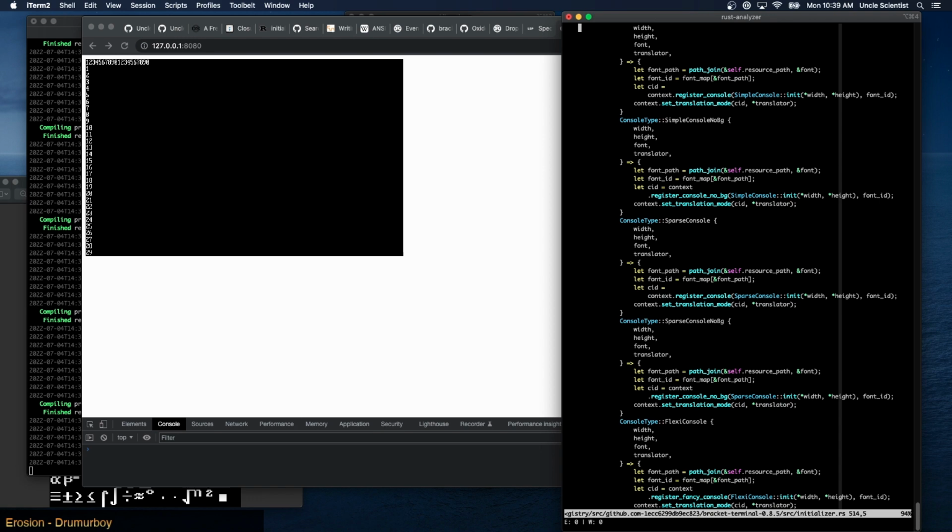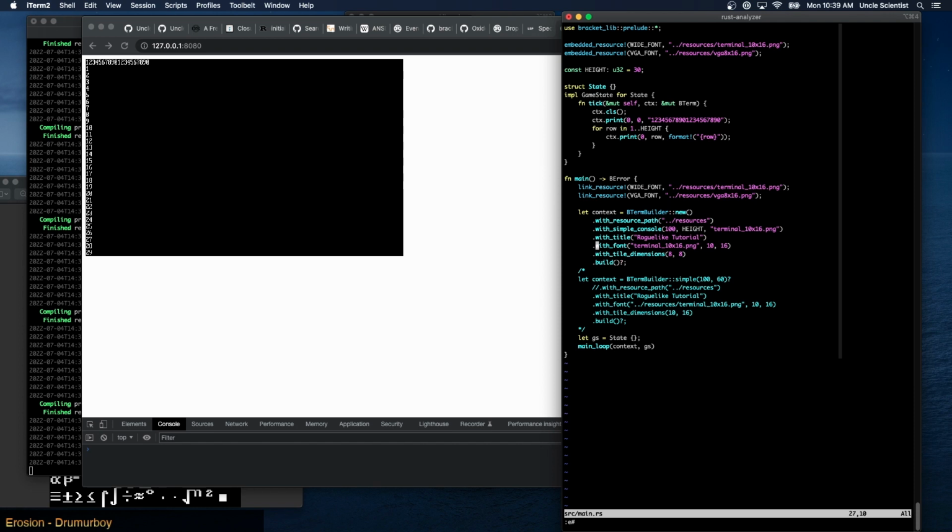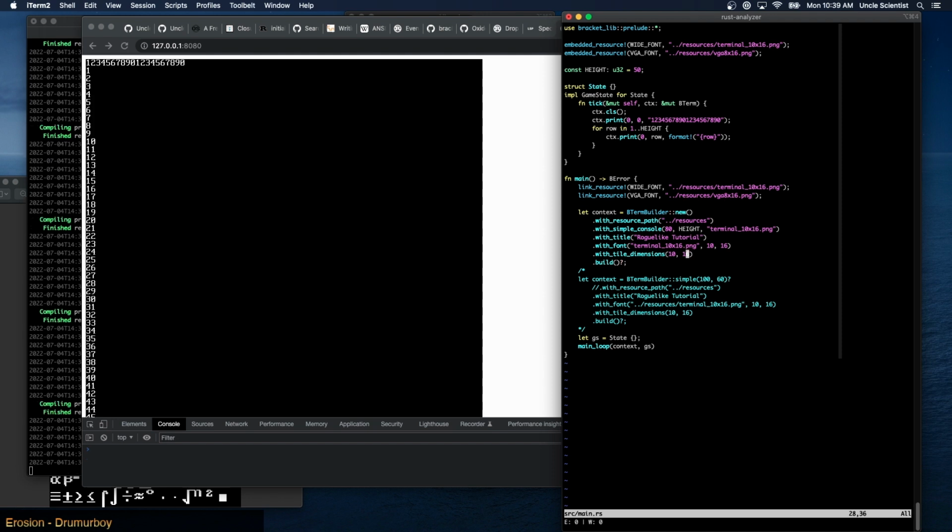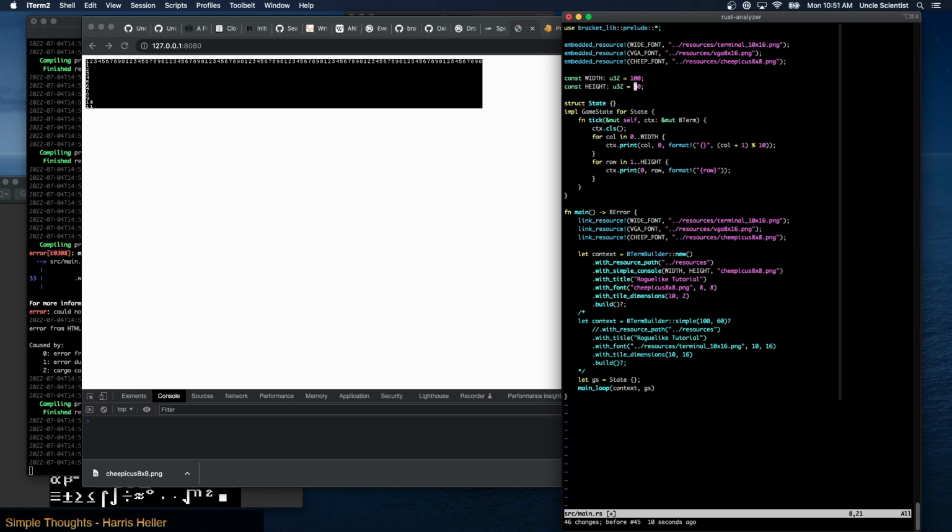So I would like to use this bracket lib because that's what we did for our original roguelike, but this is becoming painful. If I switch this back to 80 by 50, that looks terrible because the tile dimensions are all wrong. So this has to be 10 by 16. Yeah, and now it's too high. It's too big. So this is a weird limitation from my point of view, that it won't let you do a